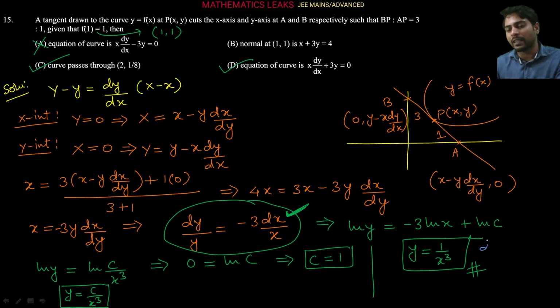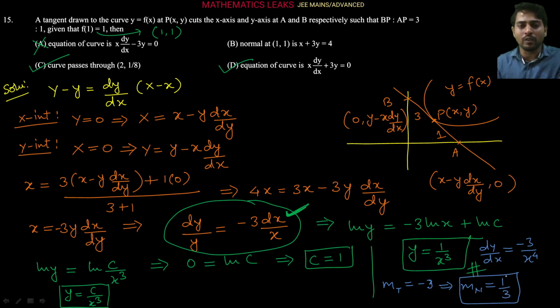Slope of curve we are getting dy by dx is equals to minus of 3 upon x to the power 4. So slope of tangent, m_T I am giving as the symbol, that is coming at point 1 comma 1 when we are putting in dy by dx, minus of 3 upon 1 to the power 4, so minus of 3. So from this data we can easily say that slope of normal will be the reciprocal with negative sign. So minus 3 reciprocal with negative sign is 1 by 3. So slope of normal we are getting 1 by 3.